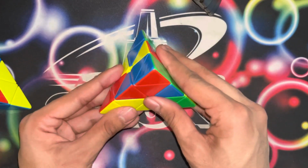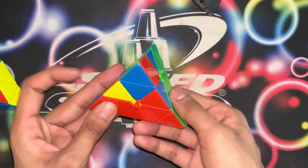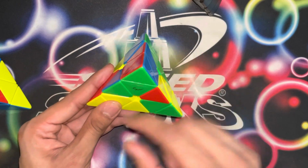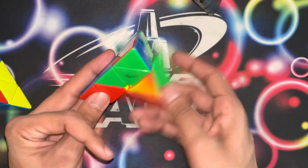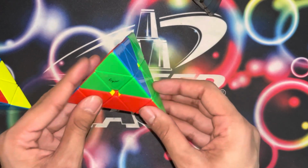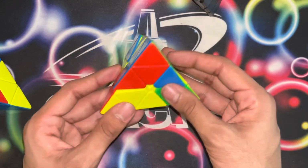So you can use that information to force a better L4E case. In this case, if I just did it like this, I get a pretty bad case. But if I want to preserve this solved edge and say flip this edge, I get an insert. Or if I want to flip this edge, I'll get a sledge, and that last move of it will actually cancel. So that makes it a lot easier to find good solutions when you look out for stuff like that,